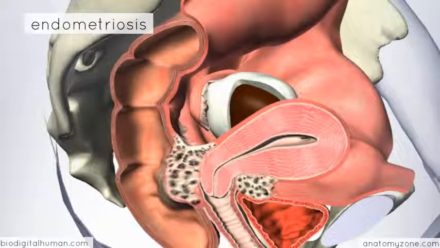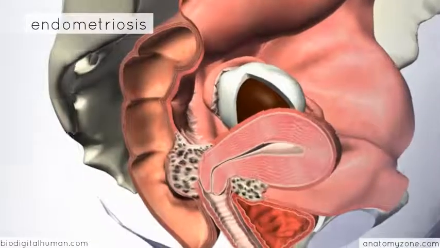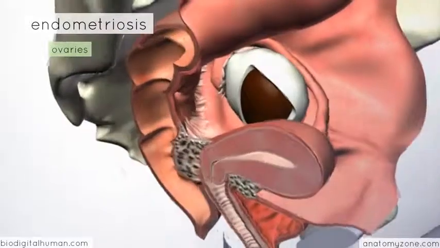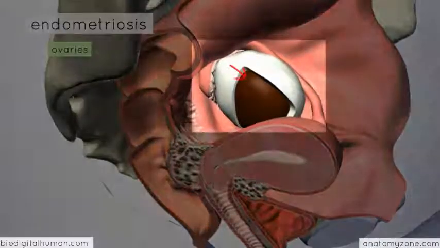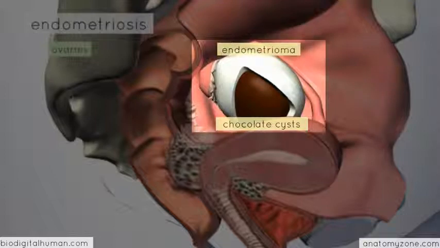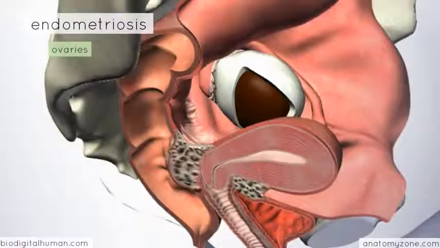So within the pelvic cavity itself, the common sites for endometriosis are the ovaries, which you can see here, and in this model it's actually been dissected away, and you can see this brown coloured stuff. So these are called chocolate cysts, and these are essentially accumulations of blood which appear this dark brown colour. So these chocolate cysts are also known as endometrioma. And then, as you can see here,